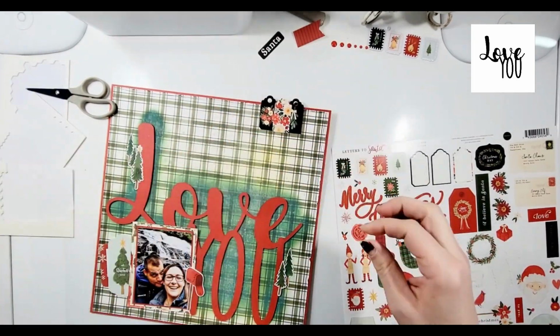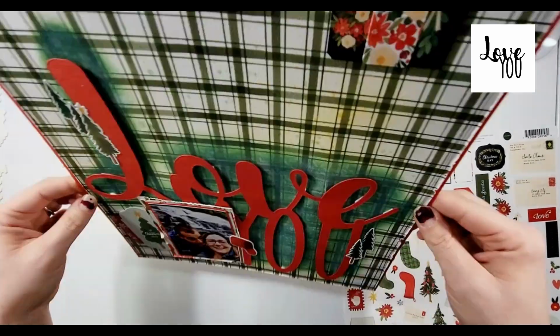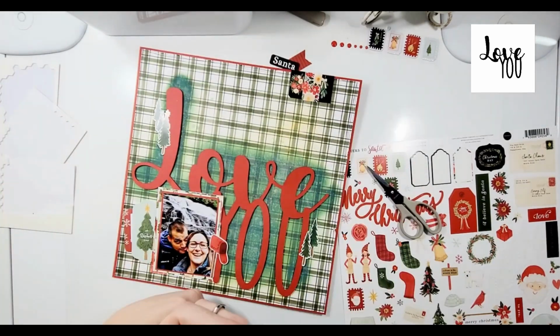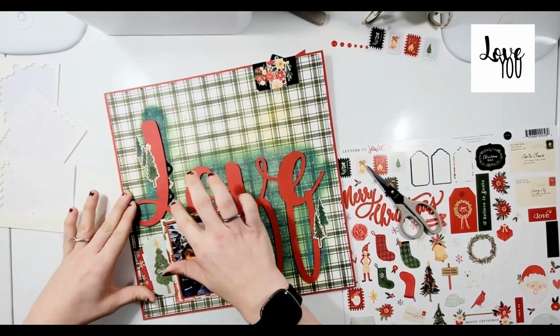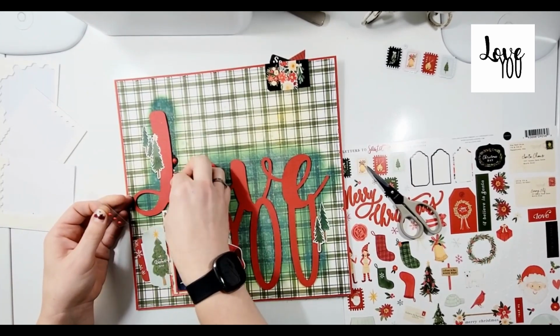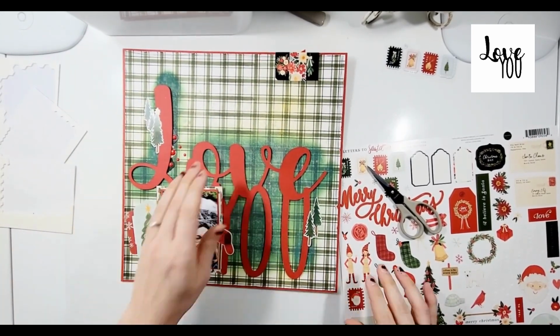I have it in my stuff to go, but not sure if I'm going to be rolling with it yet. I may just not even use it at this point. I don't know. So then I decided here, I'm going to take these 3 little tags. I didn't want to not use them. So I decided that since I only got just a little bit of a strip of these